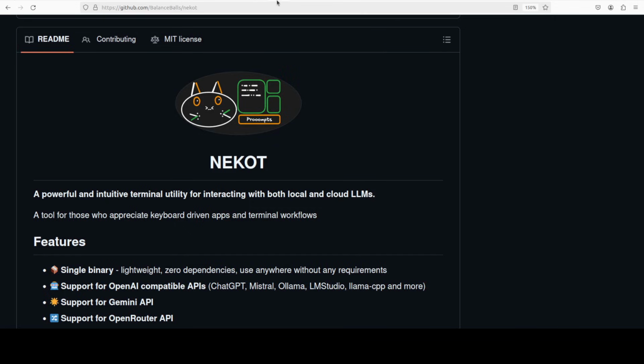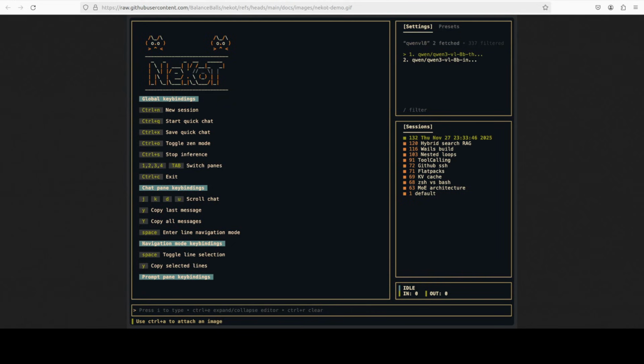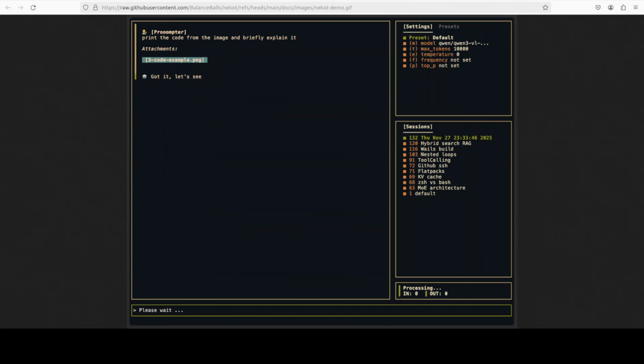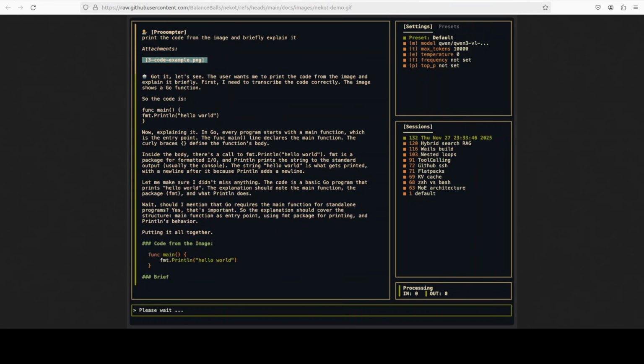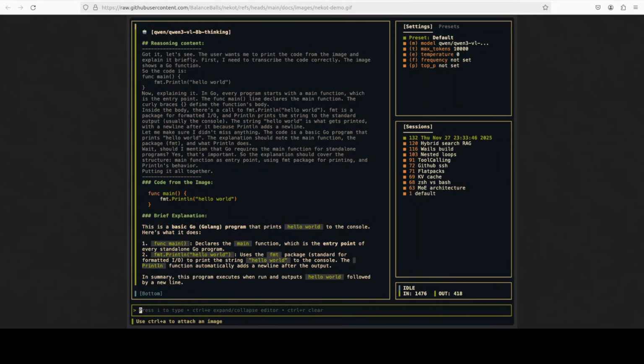So going back to Nekot, this is what it looks like. As you can see, this provides a lot of LLMs to be interacted with. It is a single binary application with zero dependencies that supports multiple providers, and that makes it quite versatile,